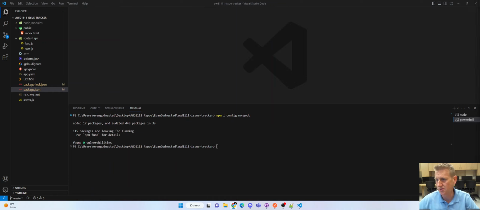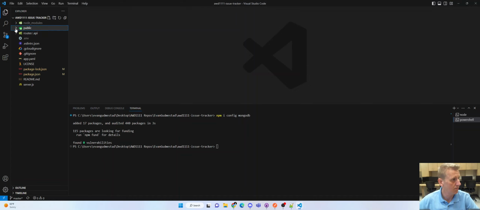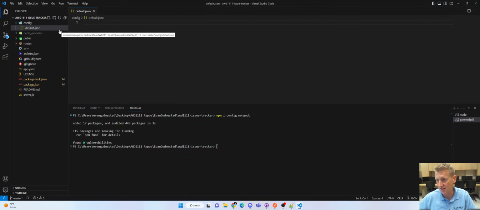I'll pull my requirements over on another screen, so I'm not having to alt tab back and forth all the time. And these files that we created have to be inside of a folder called config. So first thing, let's add a new folder in the root, of course. And again, copy and paste is your friend here, in that when we say new file, default.json,